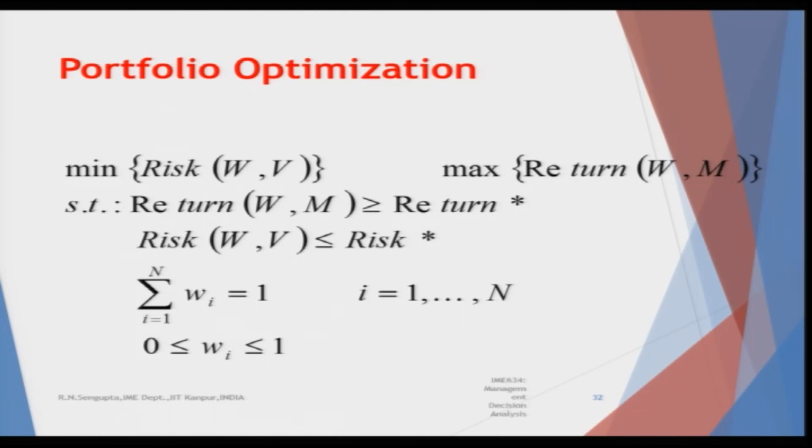Now, in this case, as I mentioned, there are a number of constraints. One set of constraints would be greater than or equal to the return star, which is fixed beforehand. Another constraint would be that the risk is less than or equal to risk star, which is predefined, and obviously you will have the weights restricted between 0 and 1. Now, remember one thing, this 0 and 1 means that I am allowing all the values between 0 and 1, which is the continuous case. It can also be converted into a discrete case very simply.